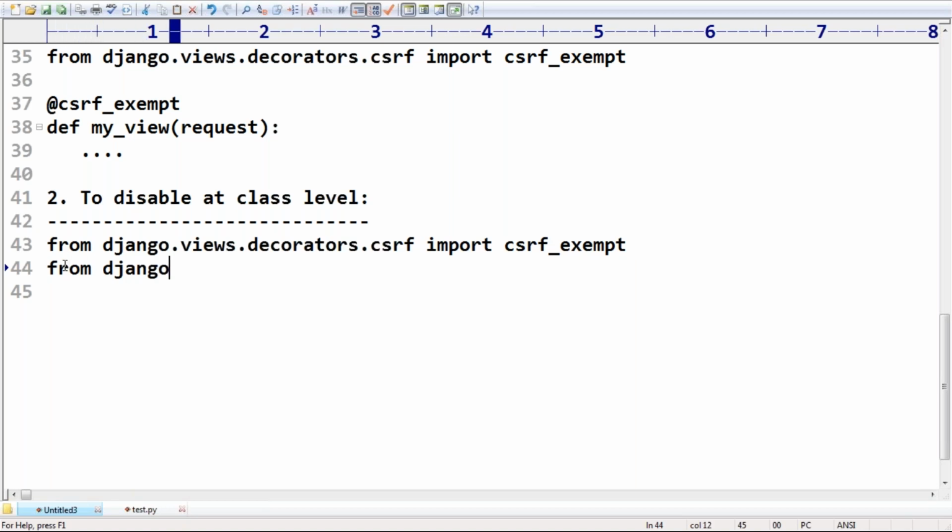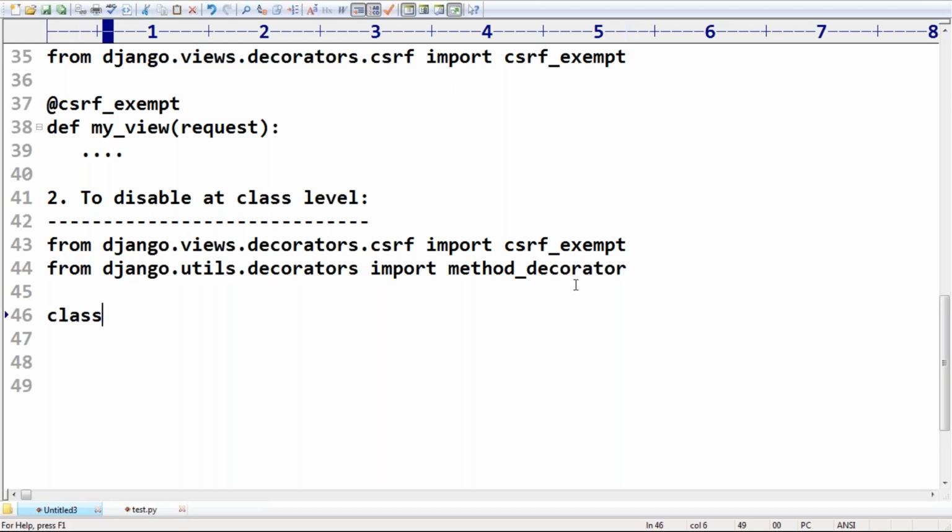From django.utils.decorators import method_decorator.